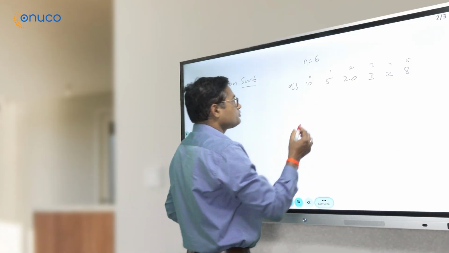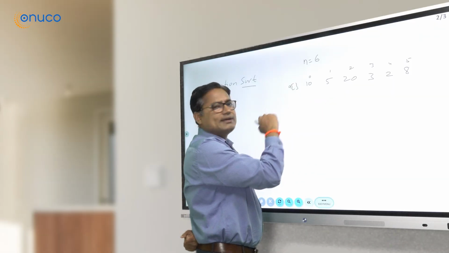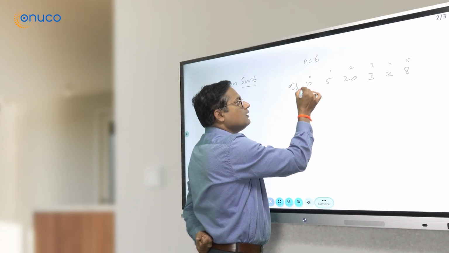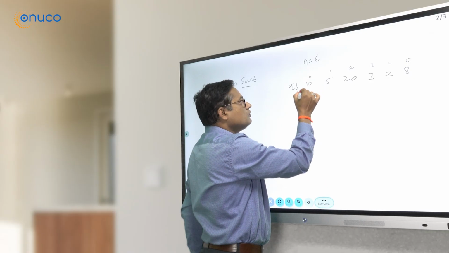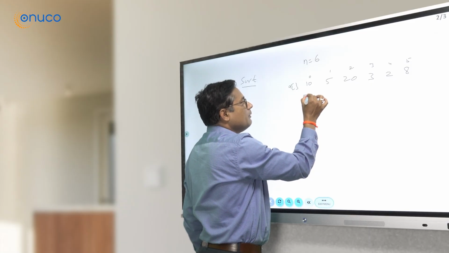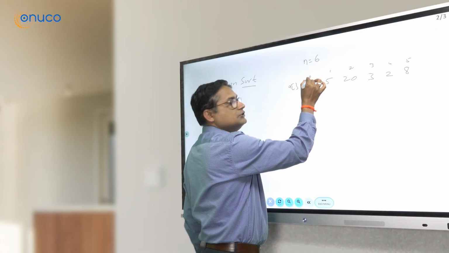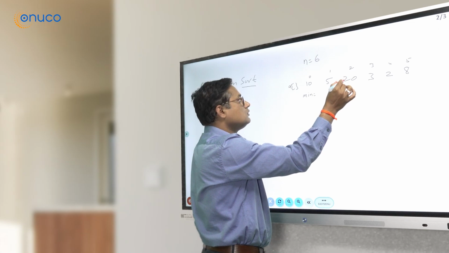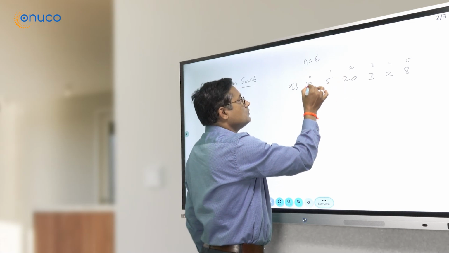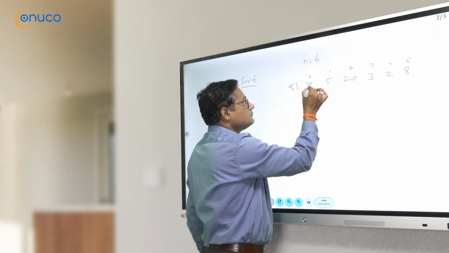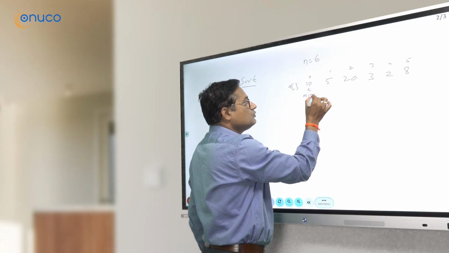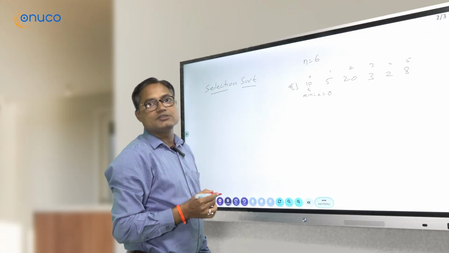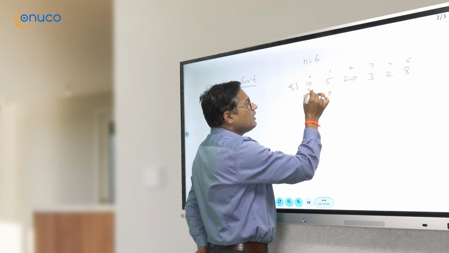So let us see what you are going to do. After one iteration, I am going to write the code. First, we will consider this as the minimum element. So we are going to consider the min index as 0. We will be running two indices in order not to get confused. Say this is the i pointer. So we are going to write min is i, which is the initial value 0, index 0, and